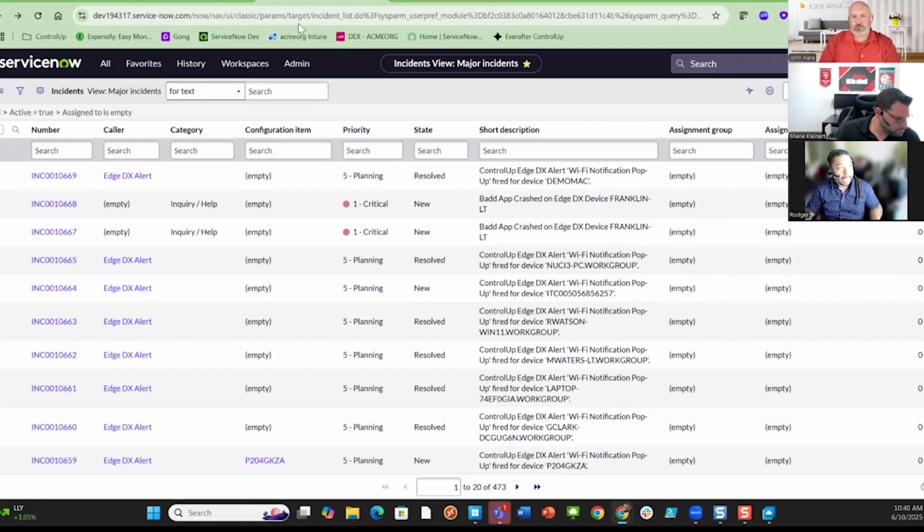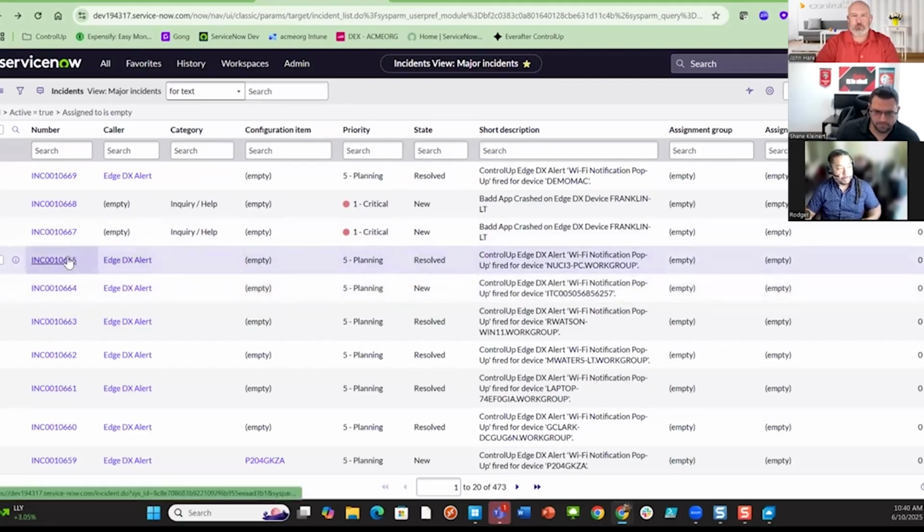So here I'm in ServiceNow, and you could be using any ITSM that's web-based in our solution. The only thing I've got to do is have this web plugin and tell it what sites to monitor. And what do I mean by monitor?